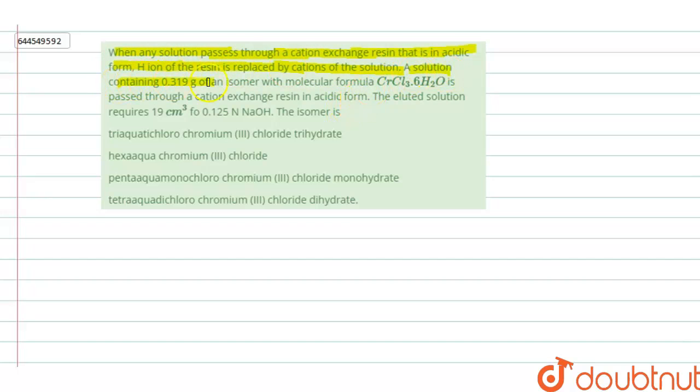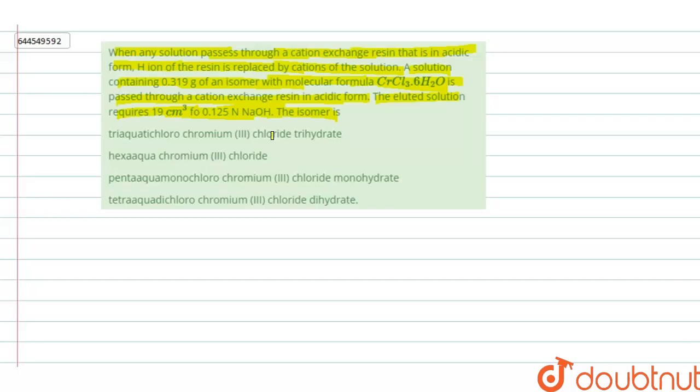A solution containing 0.319 grams of an isomer with molecular formula CrCl3.6H2O is passed through a cation exchange resin in acidic form. The eluted solution requires 19 cm³ of 0.125 N NaOH. The isomer is. So we have given a question in which any solution when passed through the cation exchange resin,